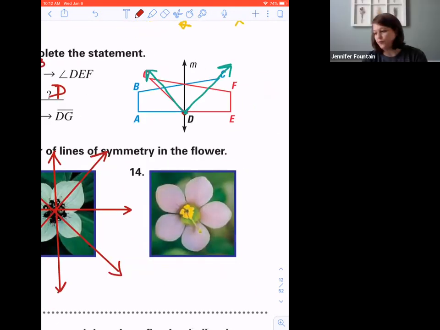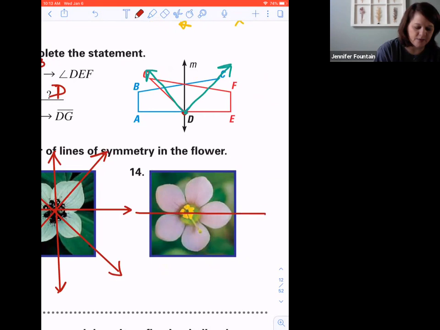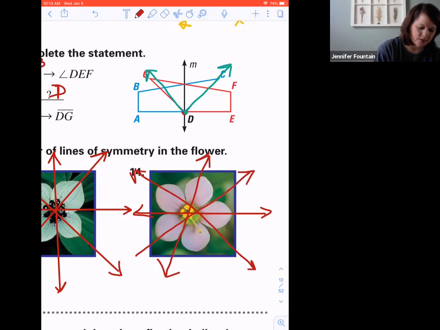And then let's look at number 14. How many lines of symmetry would I have here? I could go this way and have 1, this way and have 2, 3, 4,